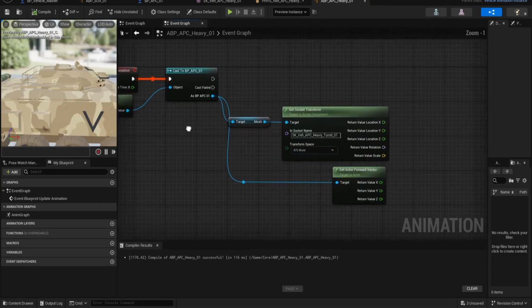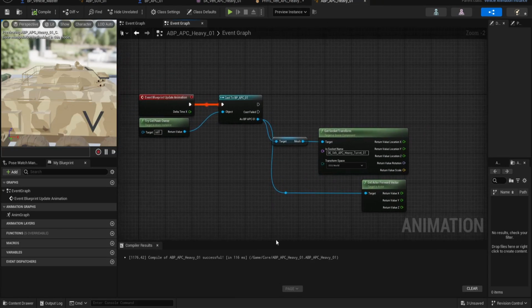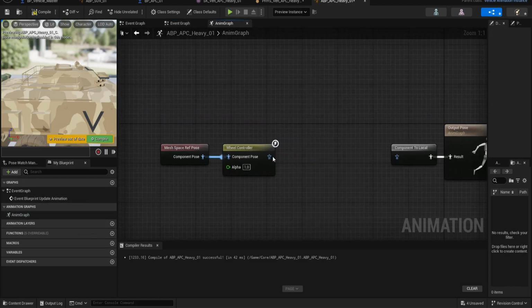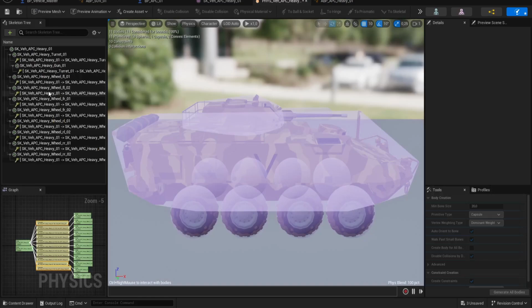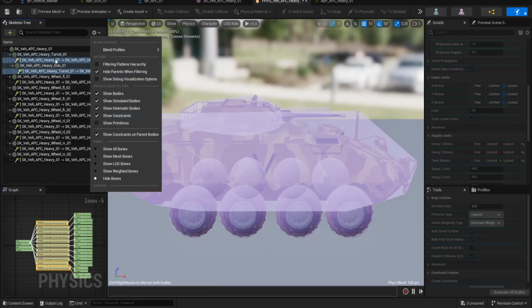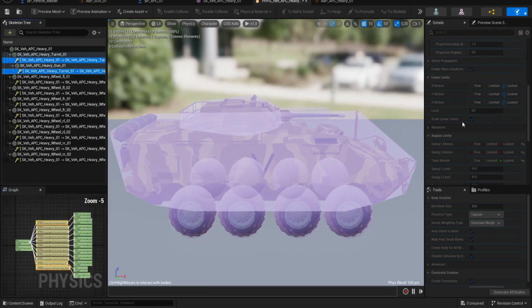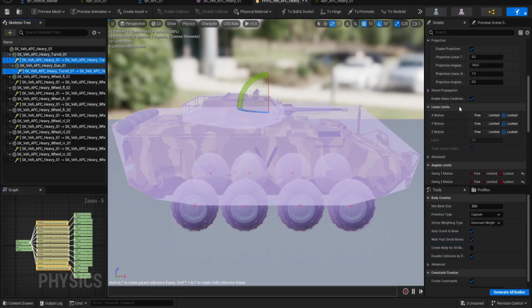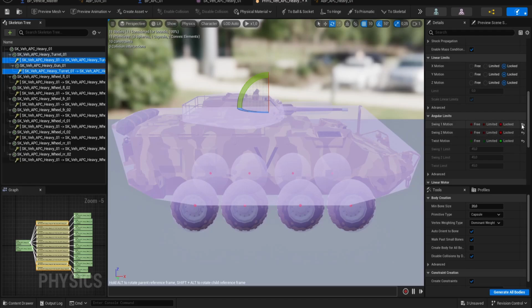Alright guys, I am back. I found an easier way to do it instead of calculating this. So if we just quickly delete this and also the transform bone, and we go back into the physics asset and we actually click on the constraints, which if you open this dropdown and say show constraints, you select the heavy turret and the heavy gun, and then on the right side, if you scroll down to angular limits, this one will be open by default. You just want to set this to locked,